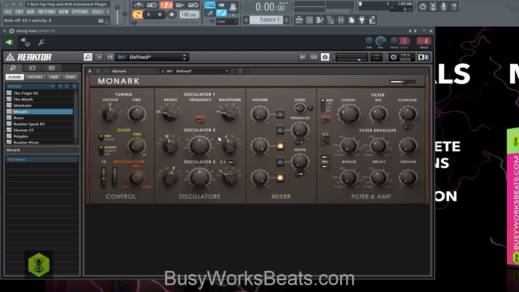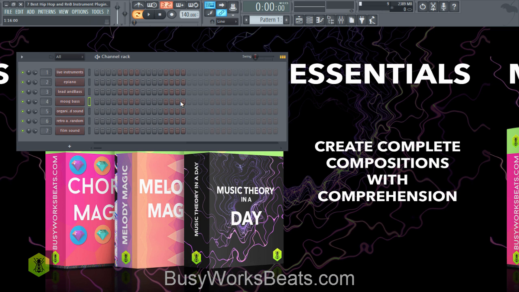Okay, so that's the Moog bass. Very versatile. You can make leads with it. You don't necessarily have to make bass, but it is one of those retro hardware synths that is a classic. When you start to investigate hardware synths, you're going to realize it's the top of the line. So I'm not going to really build sounds out right now, but it's a great plugin for leads and bass alike, but more for the bass in this particular list.